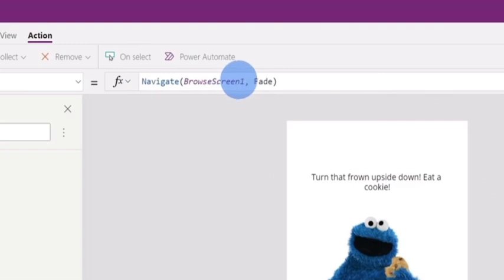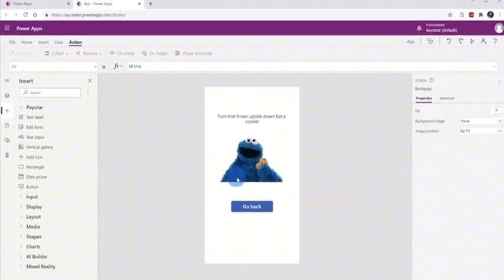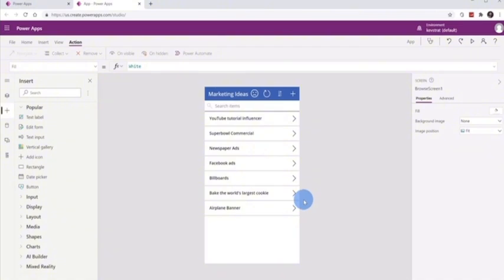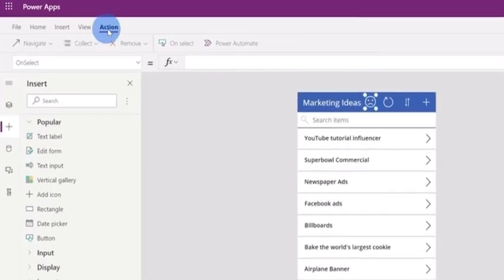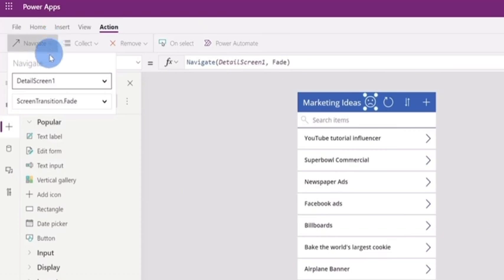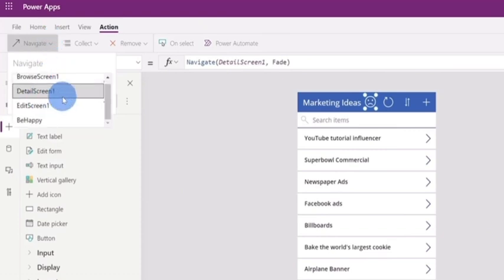Now this new page of my app might be cute, but it doesn't actually do anything yet. If I click on this button, it doesn't actually go anywhere. Now when I have the button selected, I can add an action to this button up on the top ribbon. There's a tab for action. Let's click on that and let's add a navigation action over on the left hand side. I can click on this navigate drop down menu. Here I could decide what page I want this button to navigate to. Right at the top, if I click on this, I can browse through all of the different screens in my app. Now I want it to go back to the main browse screen, so I'll select browse screen 1